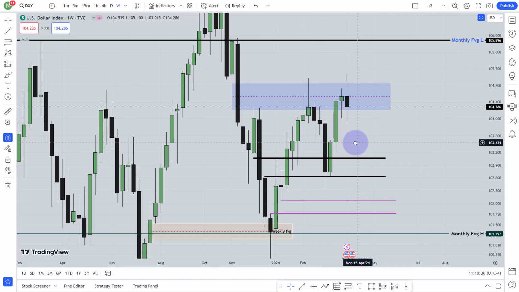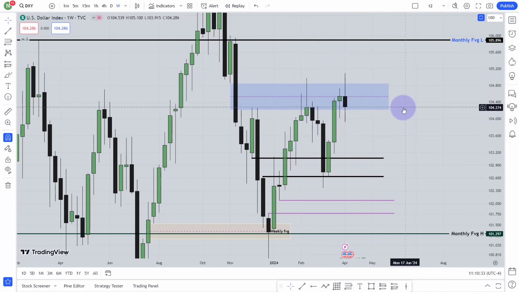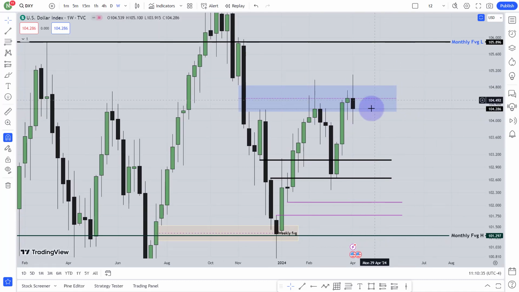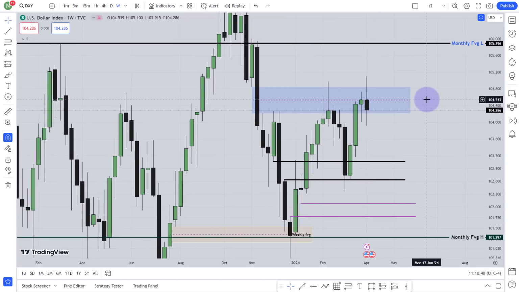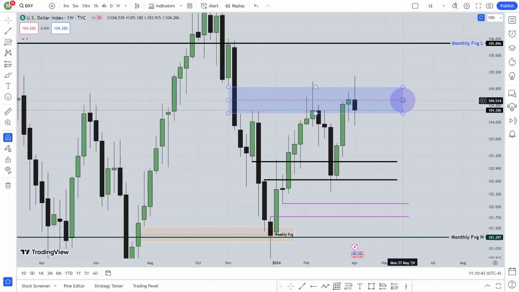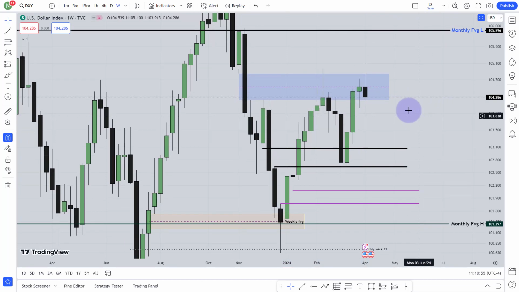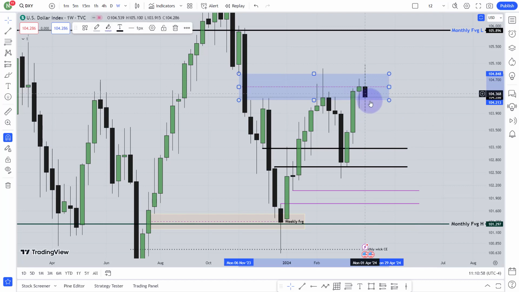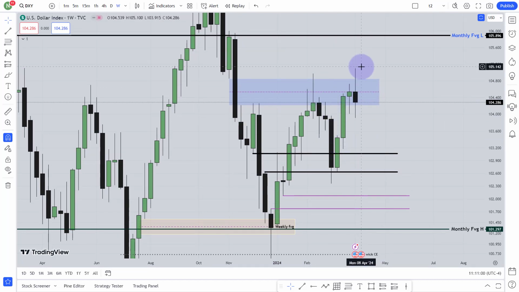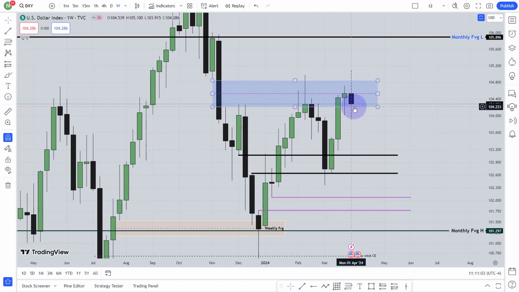Now it's a little confusing how I actually use the fair value gap because I never talked about this before. This is the first time I'm talking about it, but everything has a beginning point, right? So here is the beginning point. This bearish fair value gap is holding the price. Bodies are failing to close above the consequent encroachment. It is working with the lowest part of this fair value gap. What does it mean? That means this fair value gap is actually holding the price. Though it looks very bullish, still now I'm thinking that no, the market is not going higher. Instead of that, the market will go lower.